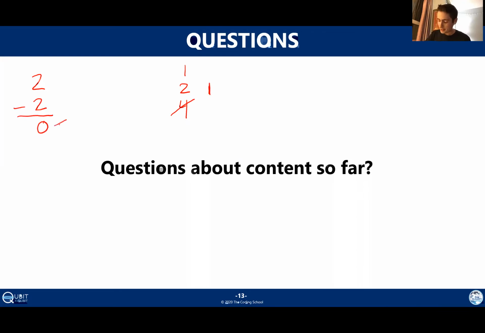I make a mark here to show that I subtracted 2. And here we've actually hit 0 early, so I'm just going to stop and fill in every other thing here with a 0. Read this off from the bottom to the top. I get 0, 1, 0. Leading 0 doesn't matter. Cross that off. And this is how we get 1, 0 in binary. And for 3, you can do a similar idea. I would encourage you to do that as an exercise just to see how that works.